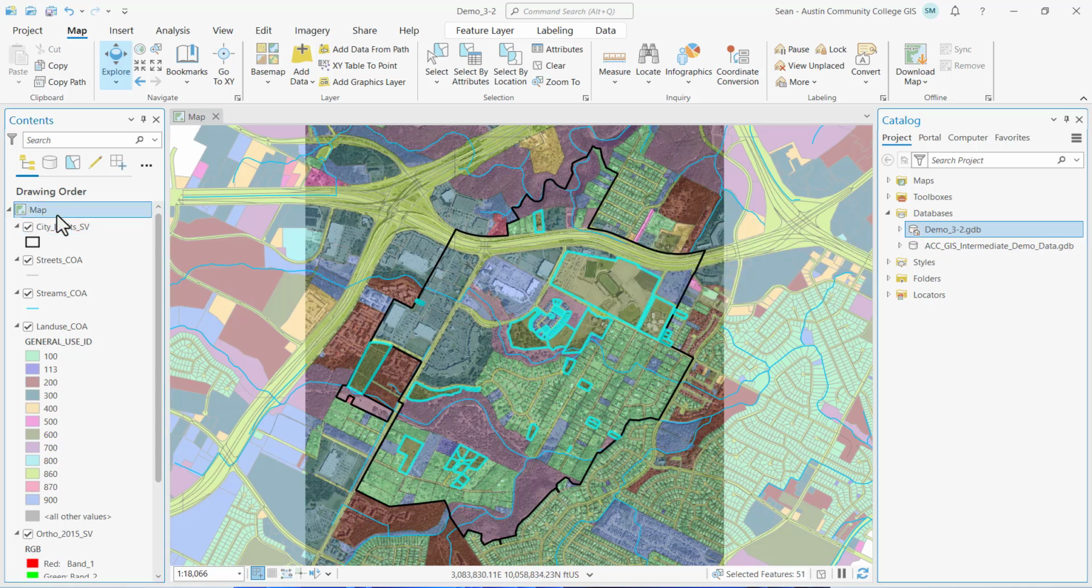All right, I'm going to go ahead and reset my interface, save my ArcGIS Pro project,